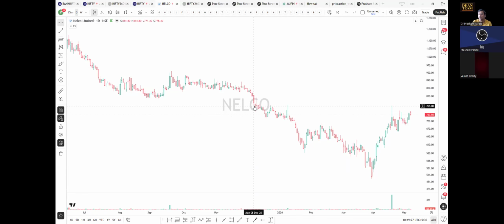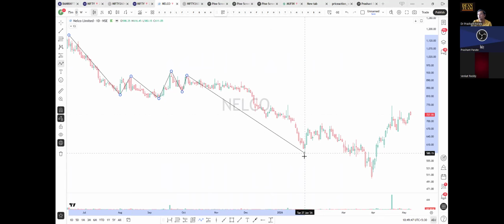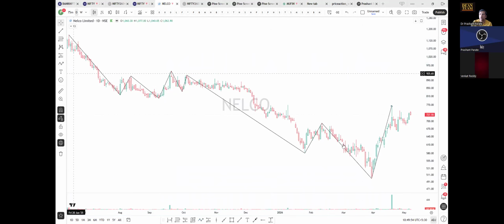Now, normally, how do we mark swing points? When do we understand where is a swing high, swing low? So consider this as a swing low, then this, and this. Some people may mark this. Some people will mark it this way. So this is called eyeballing. This is random marking based on eyeballing.